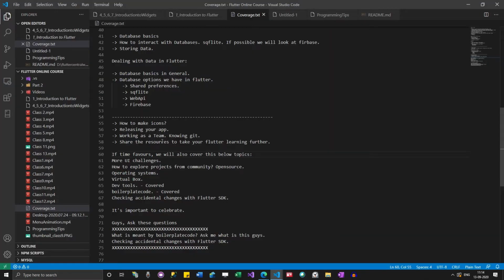So the next topic is working as a team, right? So knowing Git.